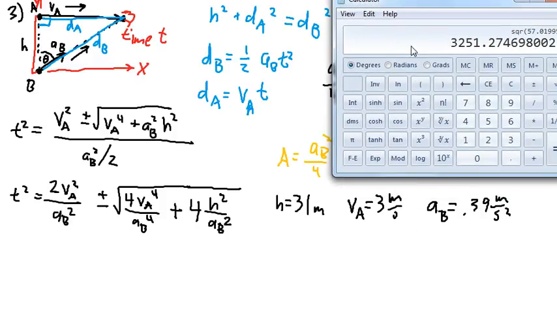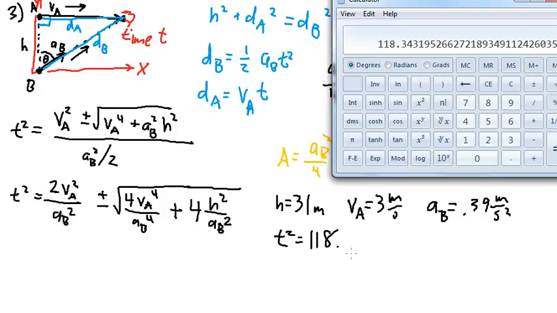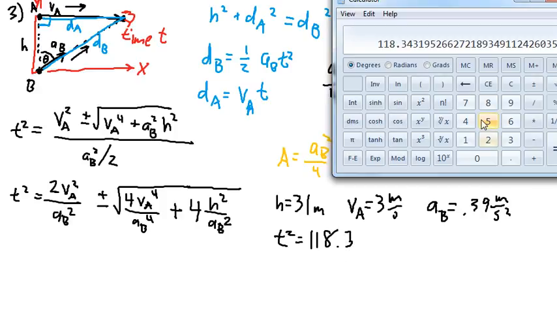So for me, this first term out here, 2 times v sub a squared was 9. Then we divide that by 0.39 and 0.39 again, and that gives us 118. So this gives us t squared equals 118 point something. I'll just go with 118.3, and then we're going to do the plus or minus, and v